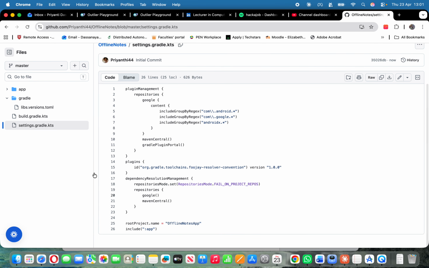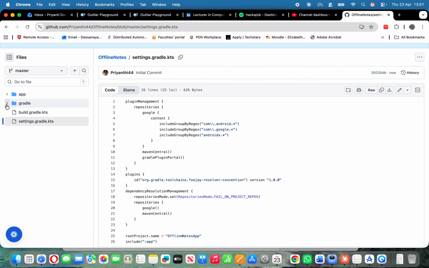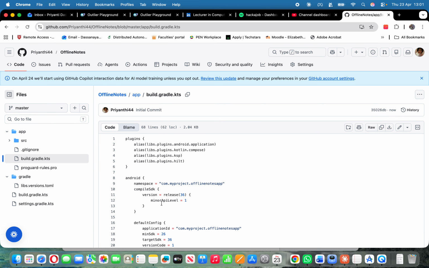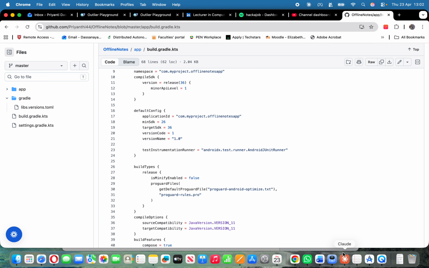This is the app Gradle file, and this is for the project. So the project structure and everything is there without any problem. Okay, so that's all I wanted to talk about today, guys. Okay, I'll see you in the next